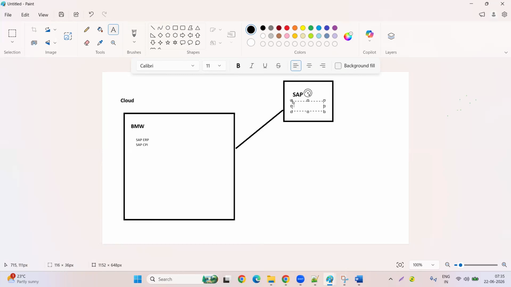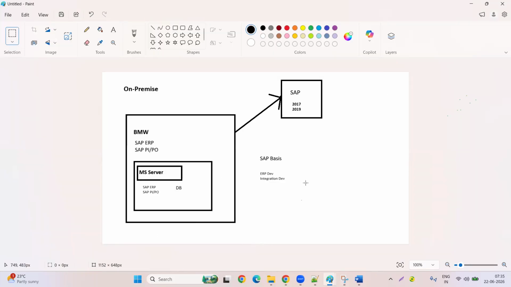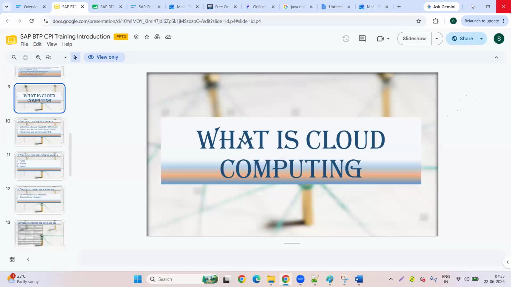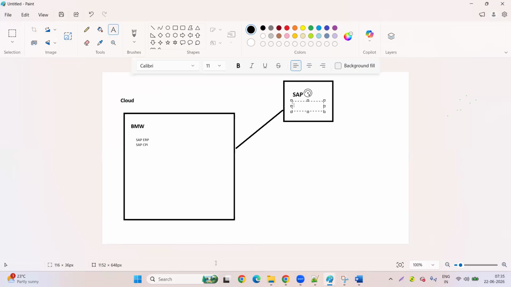So here you can see, guys, in this on-premises system, they will provide the software that we will install in this particular system. But when it comes to cloud here,